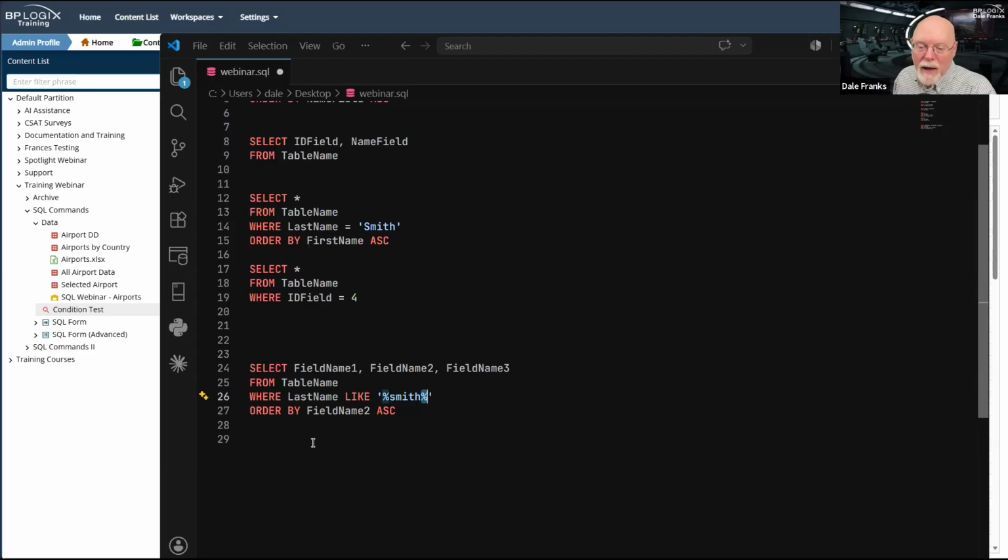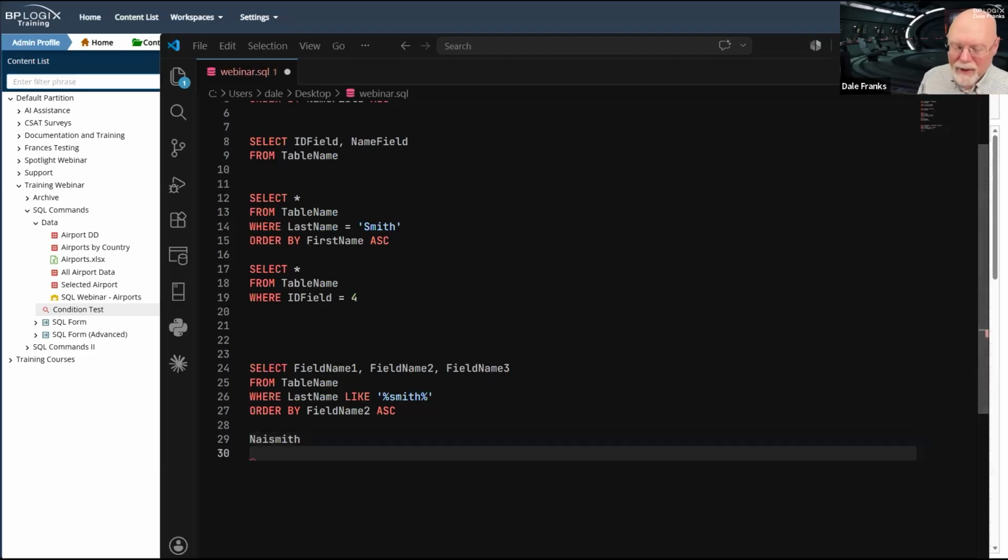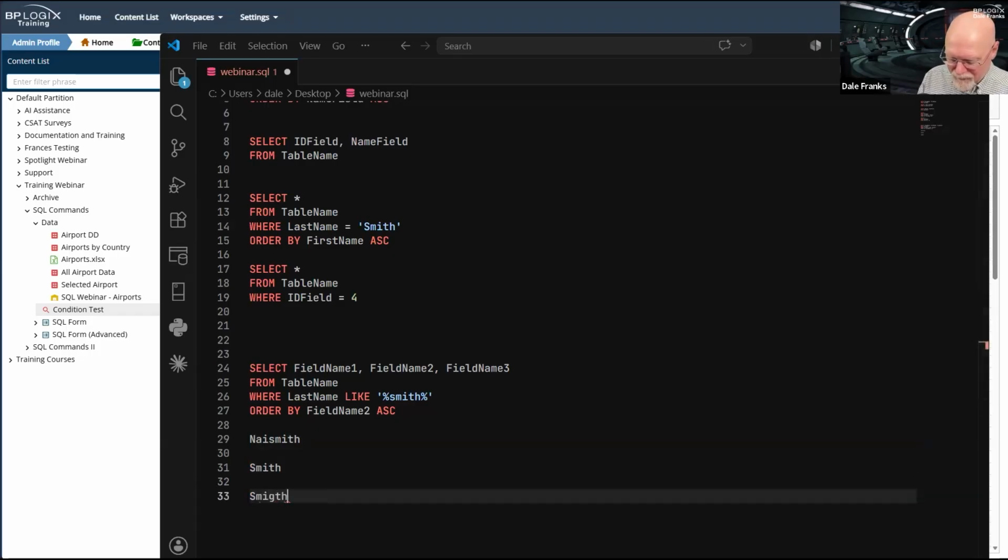So what this means is that with this setup here, and of course we have our order by, and we'll order by whatever it is that we're ordering by, if I start looking at last names and I'm looking for any number of characters before or after Smith, both, then as it looks through my names, it will return names like Naismith, Smith, Smithfield.